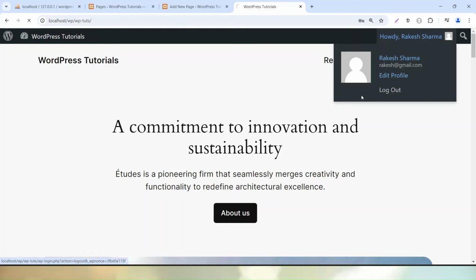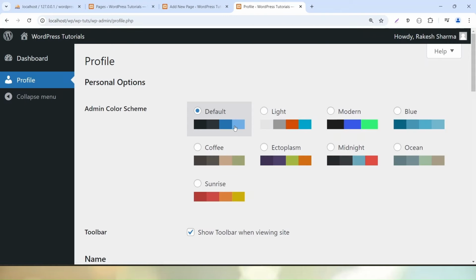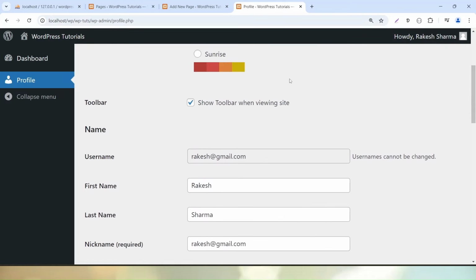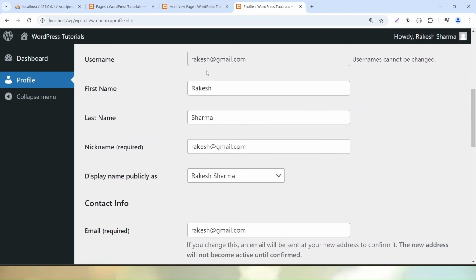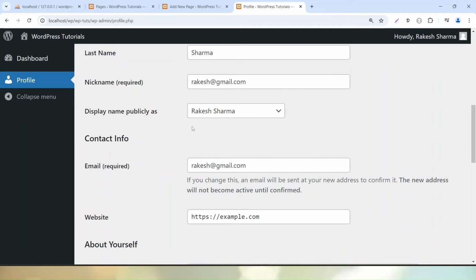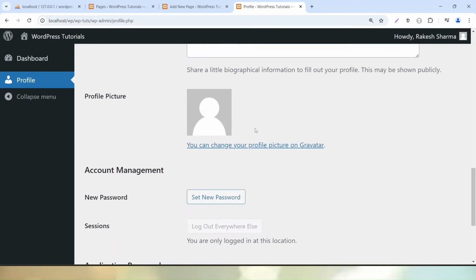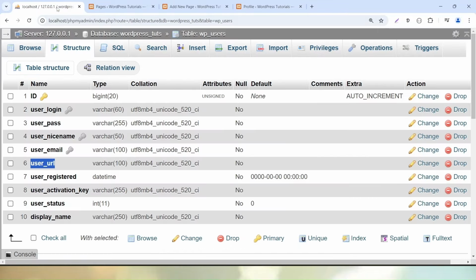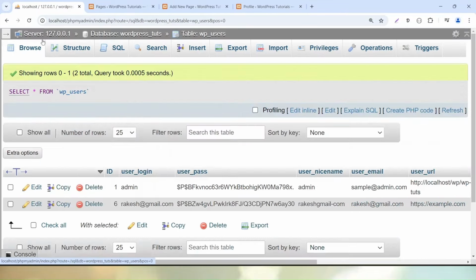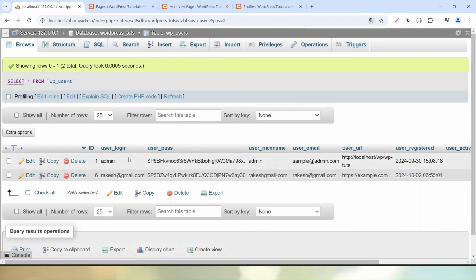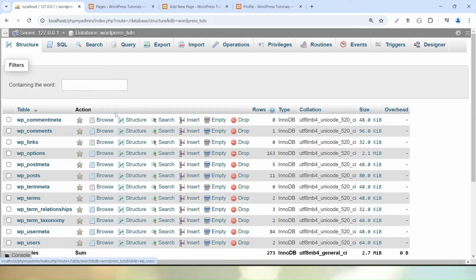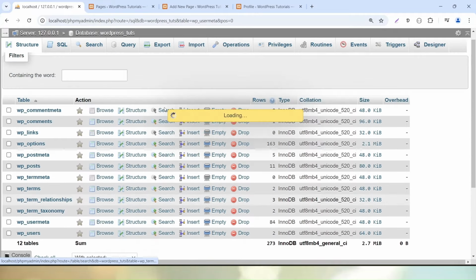Click on edit profile. Now we can see that inside this created user profile we have the username, first name, last name, nickname, the display name, email address, and also the password value. Let's go to our database table, click on wp_users and the browse button, and here we have all the details of that user. If I go into usermeta, click on usermeta,